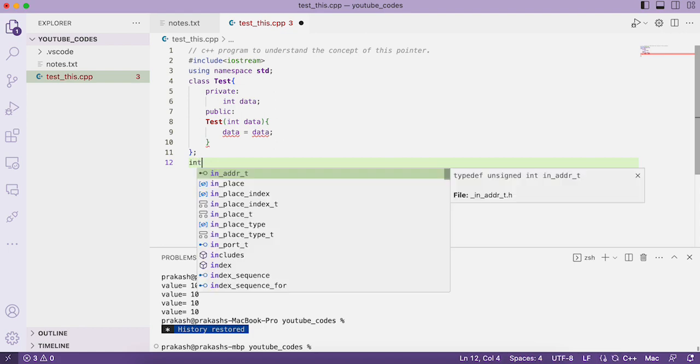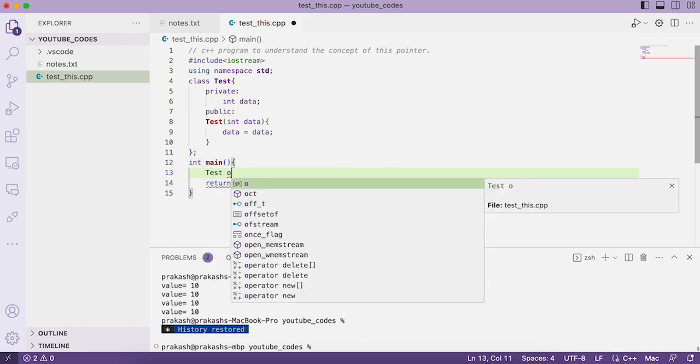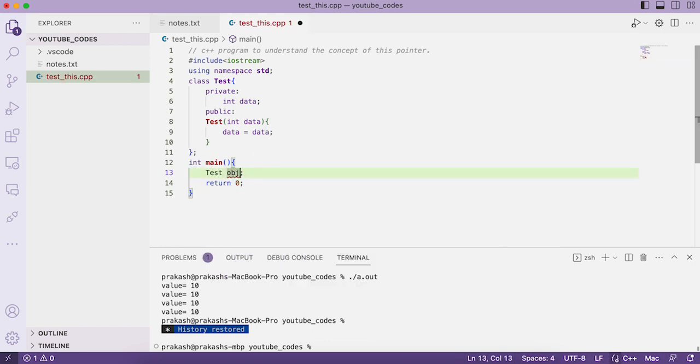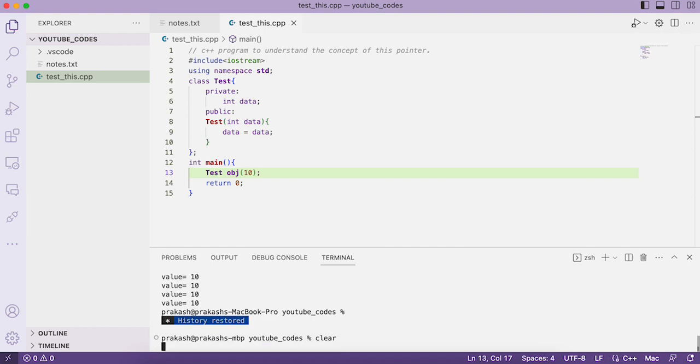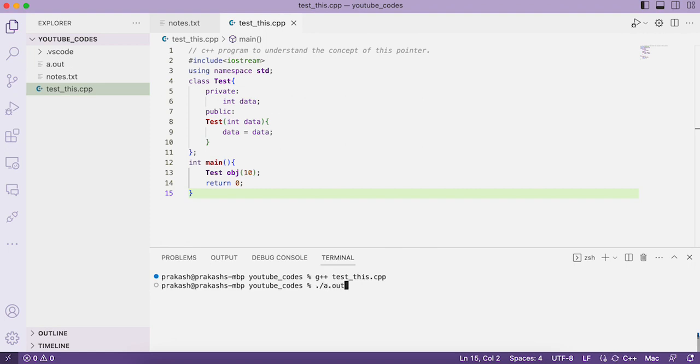You can see int main, and let us try to create an object for class test. Return 0, test obj, and I'll write 10 over here. Now if I compile this code and execute, g++ test underscore this dot cpp and dot slash a dot